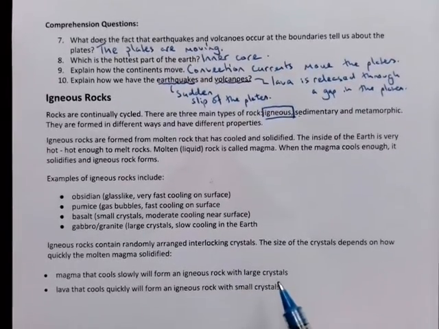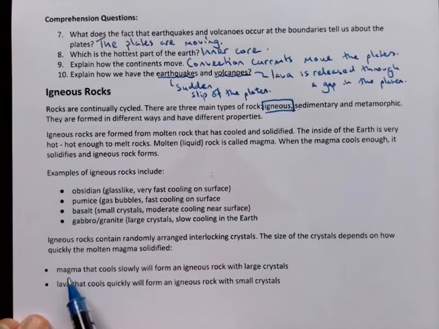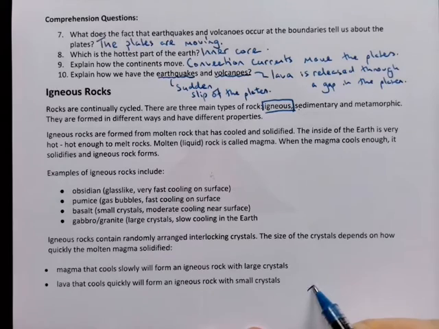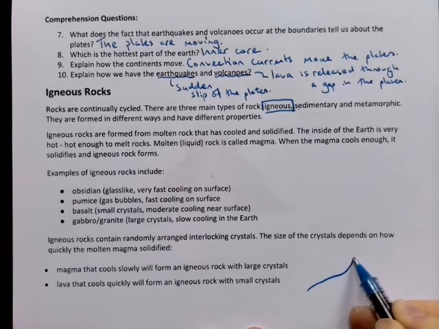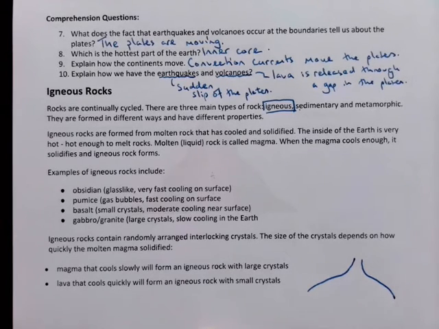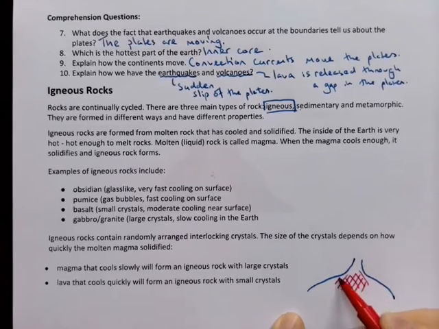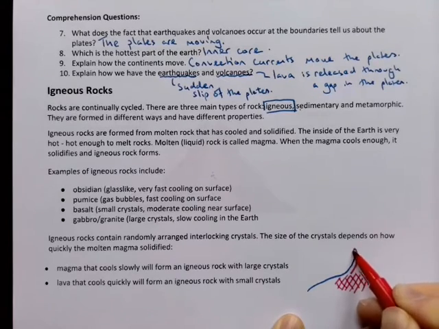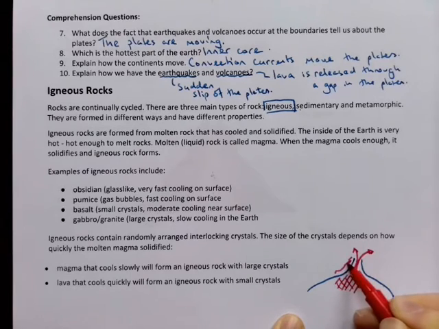And those two types of igneous rock are from magma that cools slowly or lava that cools quickly. All right. Now, what's the difference between magma and lava? Okay. So if we have the Earth here, and then there's a volcano on the Earth's surface, all right, and here, this is all of our magma here, and it's going to come out through the volcano, and it's going to flow down the sides of the